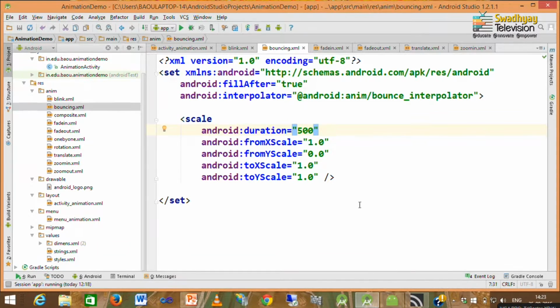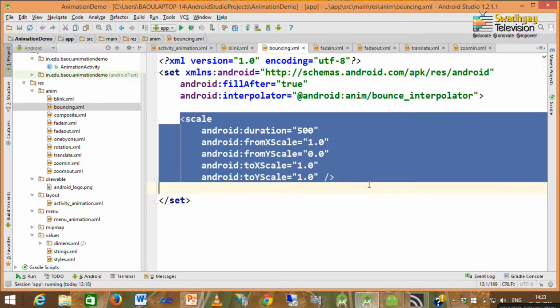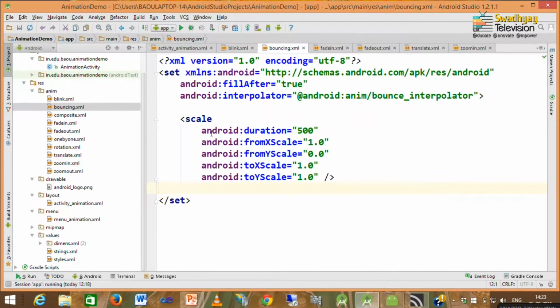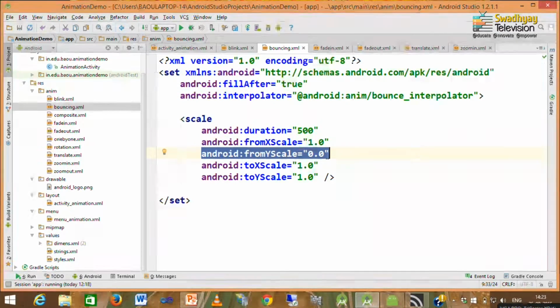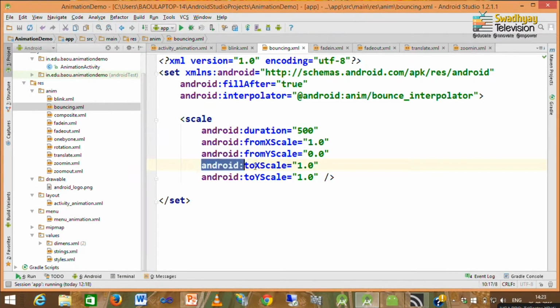Now, next is the bouncing effect. So, here we use the scale attribute, and inside the scale attribute we specify duration and we set fromXScale as 1 and fromYScale as 0, and toXScale as 1 and toYScale as 1.